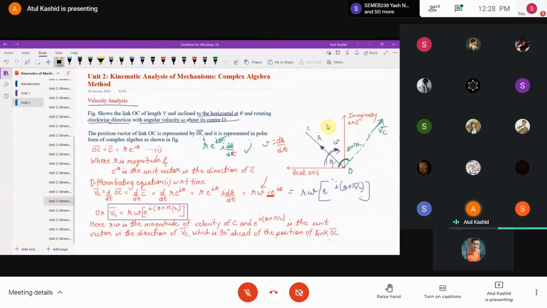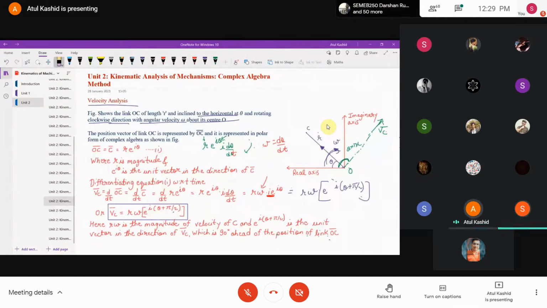Mostly, around 80% they will ask you the numericals. They will not ask you the derivations. So chances are very less that they will ask you the derivations. But if we understand the derivation, then we can remember the formula easily. Yes, it's very straightforward. If you know the concept, then it is not necessary for you to remember the formulas.